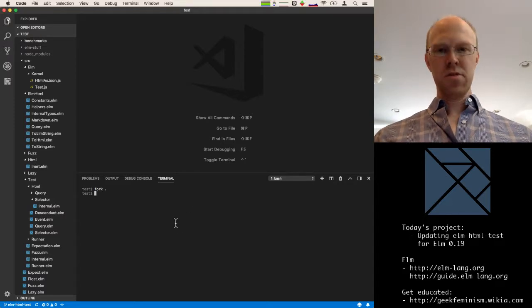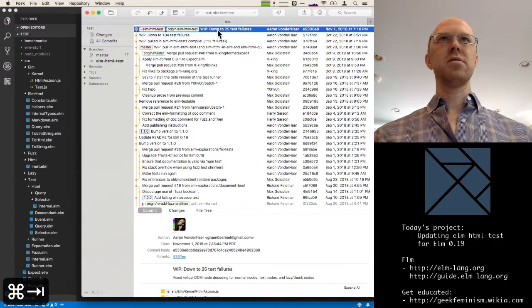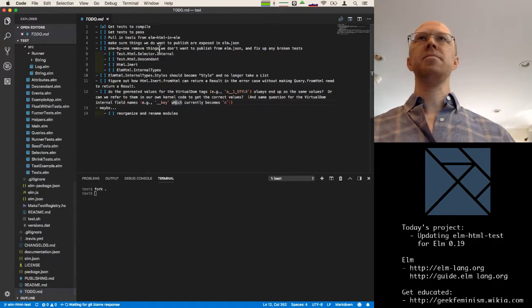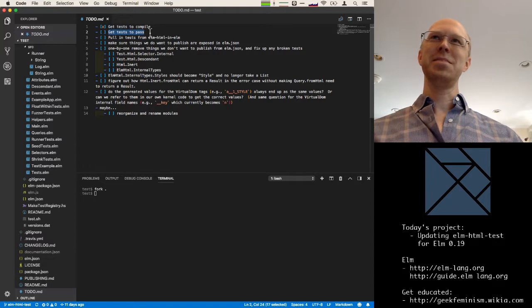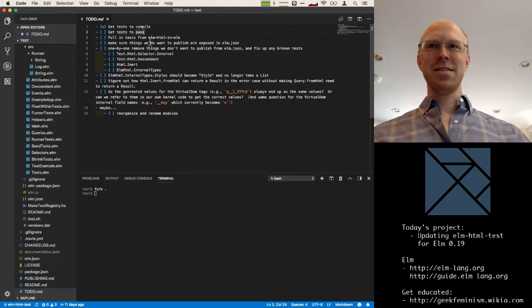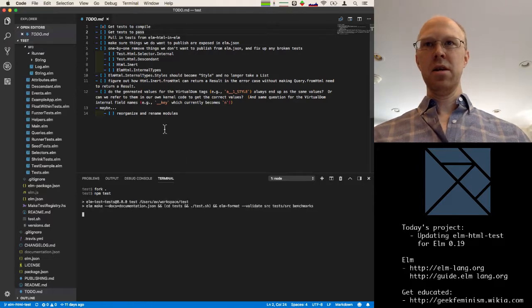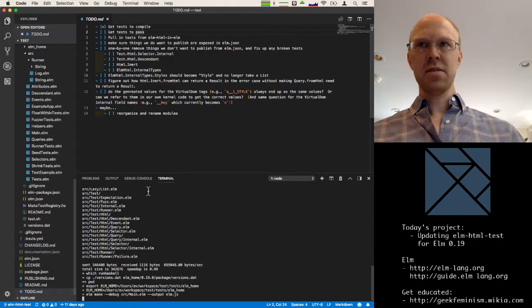All right, so let's get back into this. We were working through, oh yeah, we also have our to-do list here. So we're still on step 2, get the test to pass. We have this set up using an npm script to run the tests.